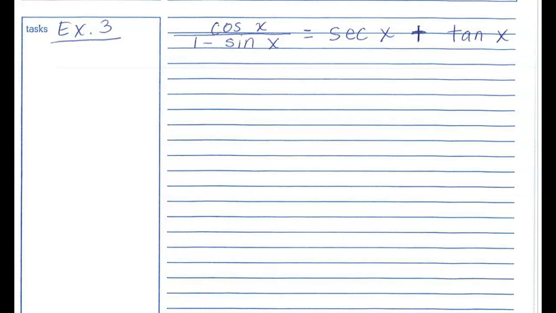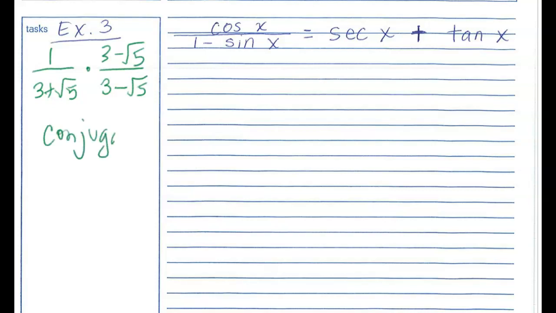If you think back to the fall, when we had to rationalize rational functions, if we had something like this, to get rid of that denominator, we had to multiply it by this, 3 minus the square root of 5, and that was called the conjugate. So that's the concept we're going to use here. We're going to work the left-hand side, LHS,